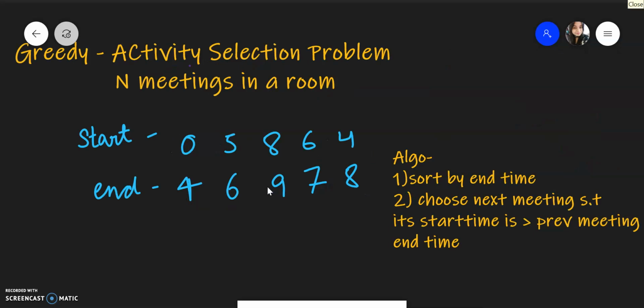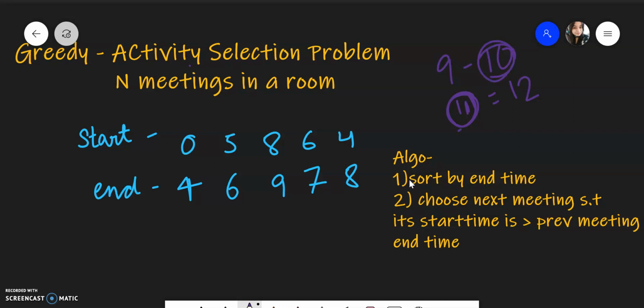The algorithm goes like this: first we sort these pairs by the end time. You can think, if you have two meetings, 9 to 10 and 11 to 12, what is the possibility that both these meetings can happen in the same room? You compare the start time of the next meeting with the end time.